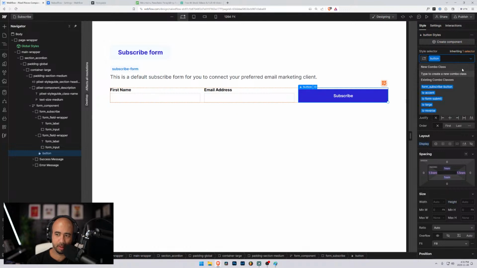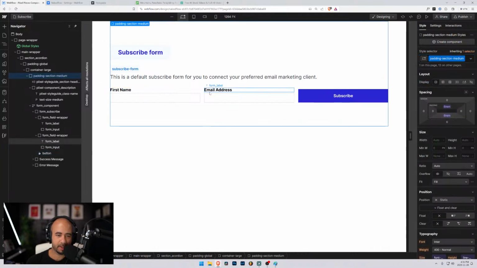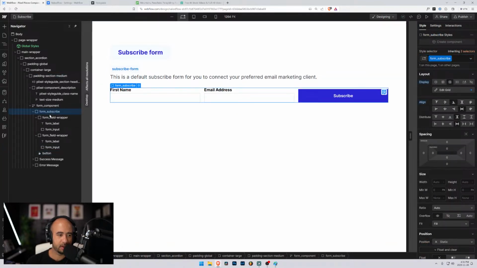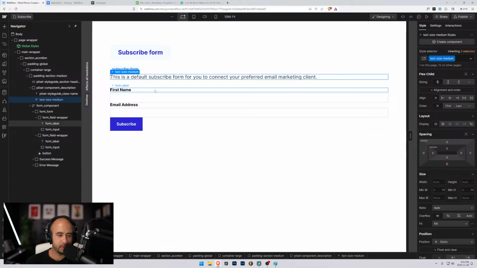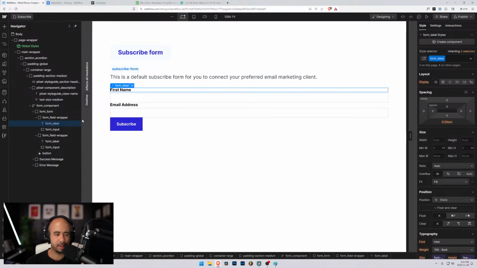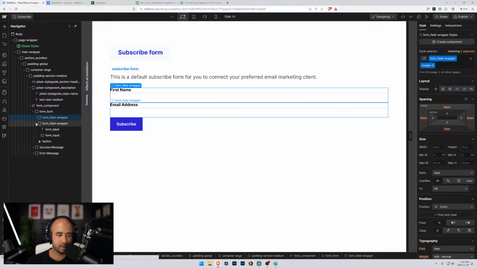And this one here is just going to be back to button. And I think this was just form underscore form. And how could we make this look a little bit